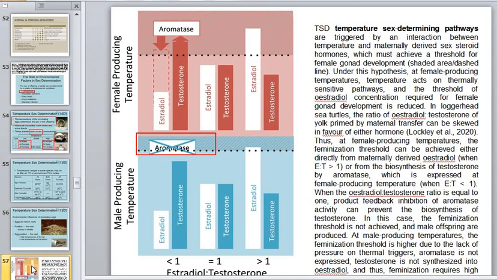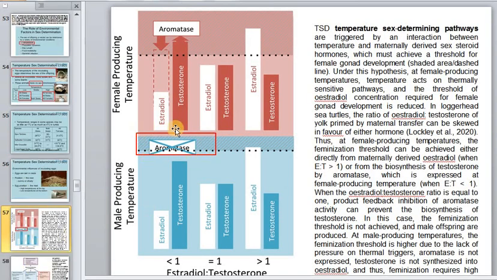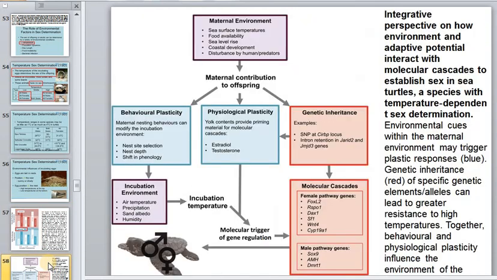And here we can find that just one enzyme controls this, and if we take away this enzyme or the temperature range, you know, these enzymes can work only in a very short range of temperature. If the temperature is not enough, the enzyme can't work, and it can describe temperature sex determination pathways. If you want to know more, you can read this article. I will leave the link.